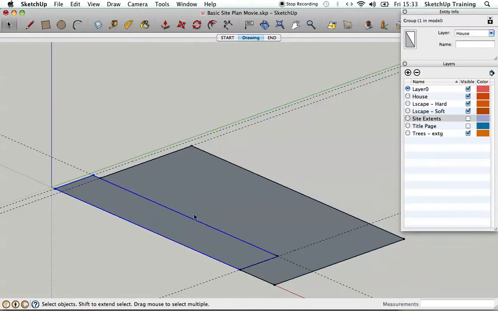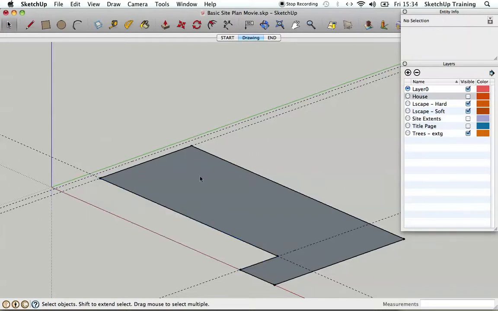We've got something on the group on house which we can turn off. We've also got this group which we've created, which is still on layer 0. We want that to be on hard landscaping, so we're going to change that to landscape hard. There we go. So now we've created these two things. We've got landscape hard, which is the patio, and we've got the house, which we can click back on. So if we click on the site extent,